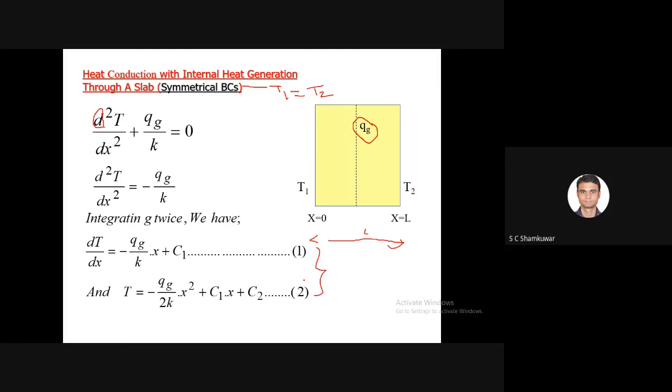Okay. So now we have integrated the Poisson's equation twice, and we have these two equations. Understood? Now we can apply the boundary conditions. What is the first boundary condition? At x = 0, T = T1, है ना? And at x = L, T = T2. So we can apply the boundary conditions. I think you have copied this one. We should move further.